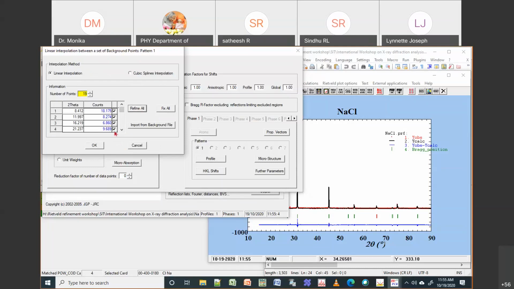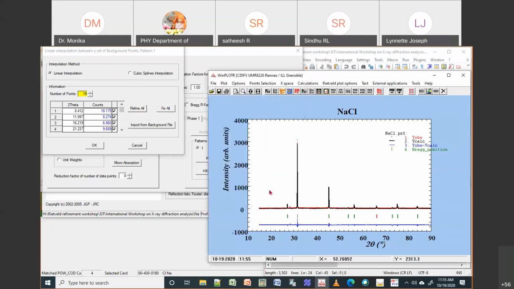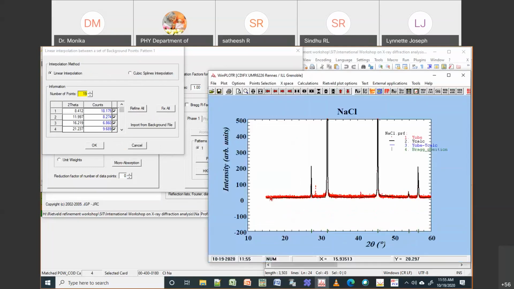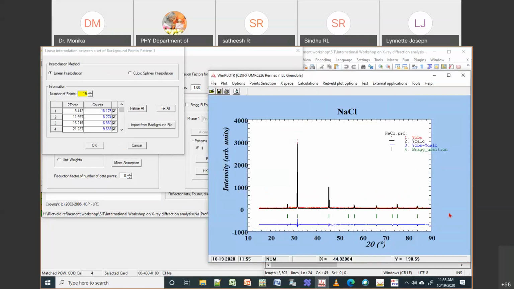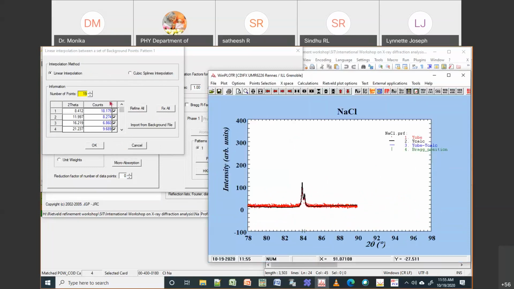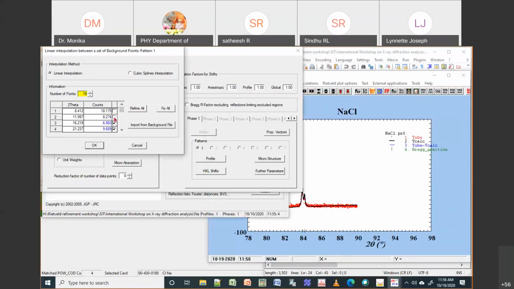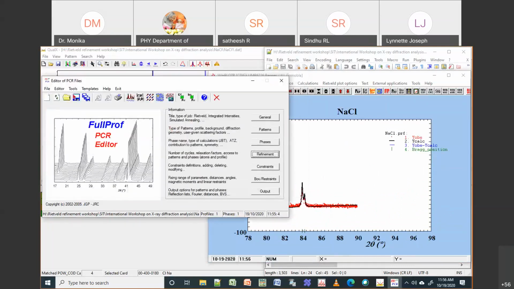Okay, but in this case you should take care, like we are fitting only from 15 up to 90. Okay, if there are any points, for example, here there are 2 points which are outside that range, you don't have to refine that. If you refine it, then it will give an error. Okay, so I will just run it once, because then it will give a better picture for you.